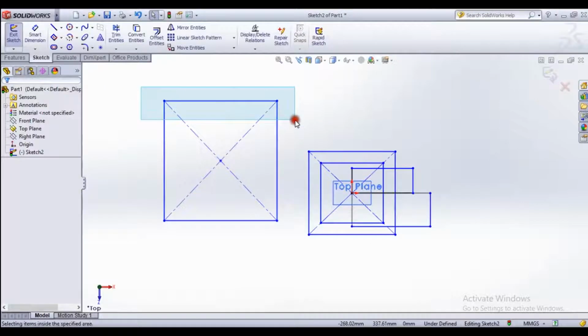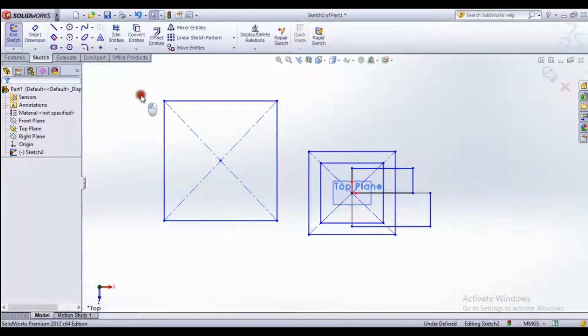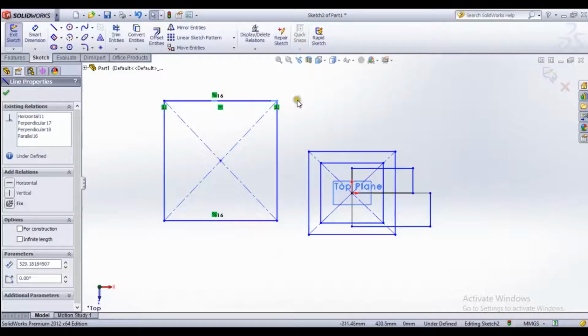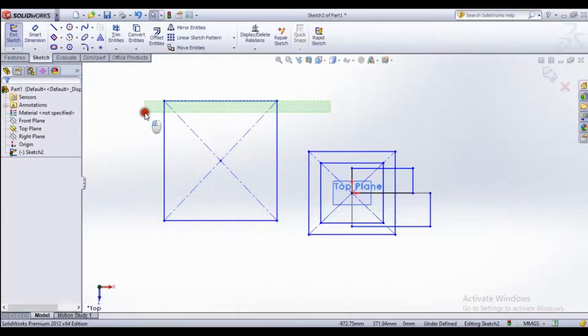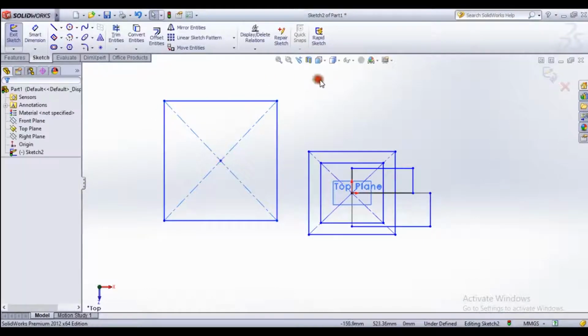This is left to right, and this is right to left. All lines are selected because they intersect this area.